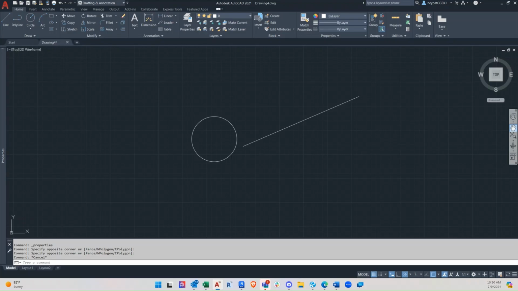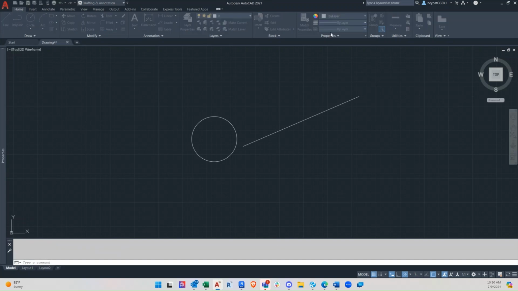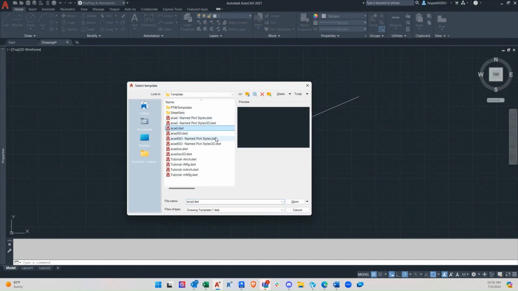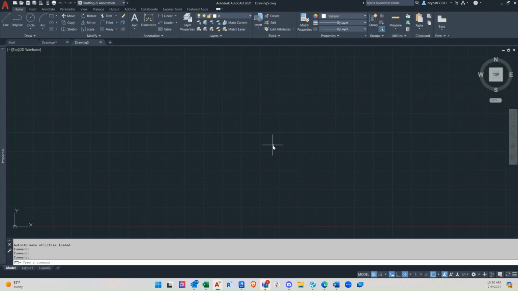Now you're going to spend a little bit of time basically using the new, control new. You'll identify the template that you want to use, AutoCAD DWT, and hit open. With the quick access toolbar